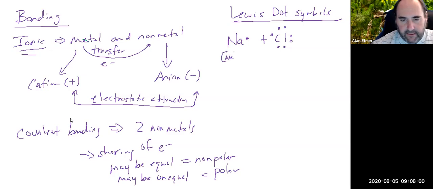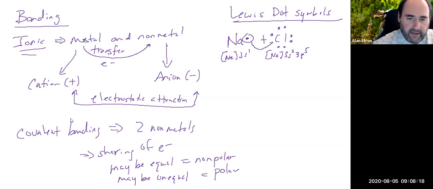And our chlorine at 17 is neon 3s2, 3p5. And what's going to happen here is, again, we're going to get this electron to transfer over. I'll just draw it this way. When it does, the sodium then becomes positively charged at that point. When it loses its electron, the chlorine again gains that electron